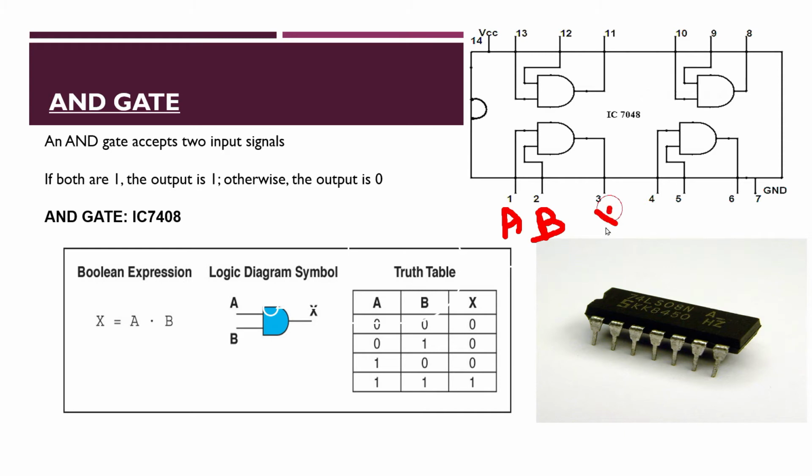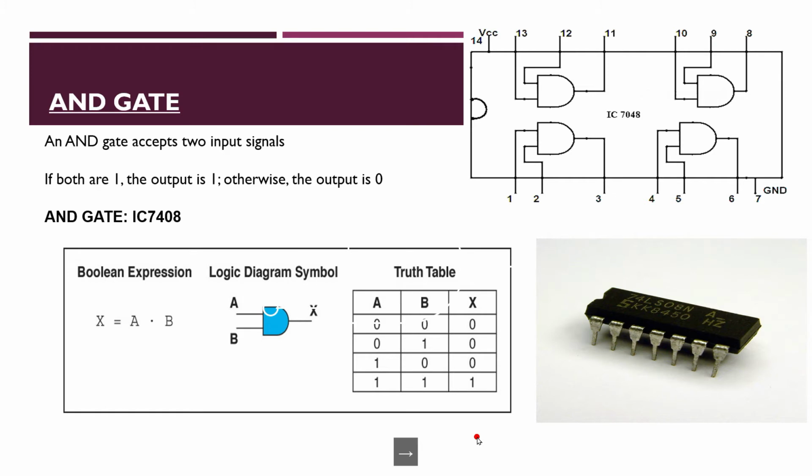So you can verify any one of the 4 cases by giving the values 0, 0; 0, 1; 1, 0; and 1, 1, and you can identify what output you are getting. This can be done physically, also you can do it by using real-time logic gates. In simulation also we'll be able to do it.